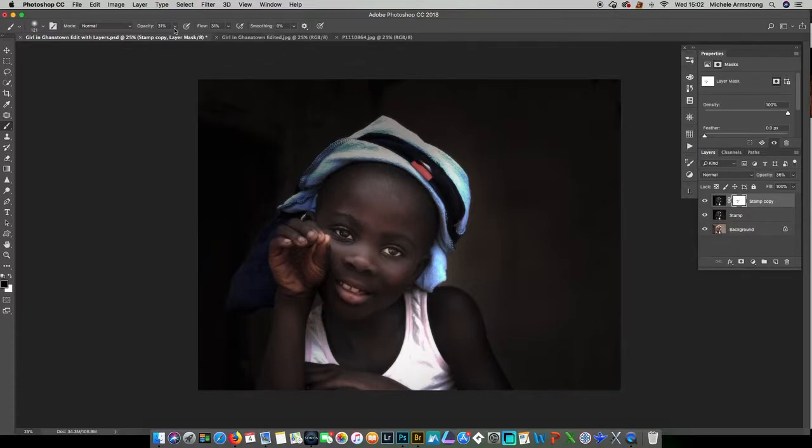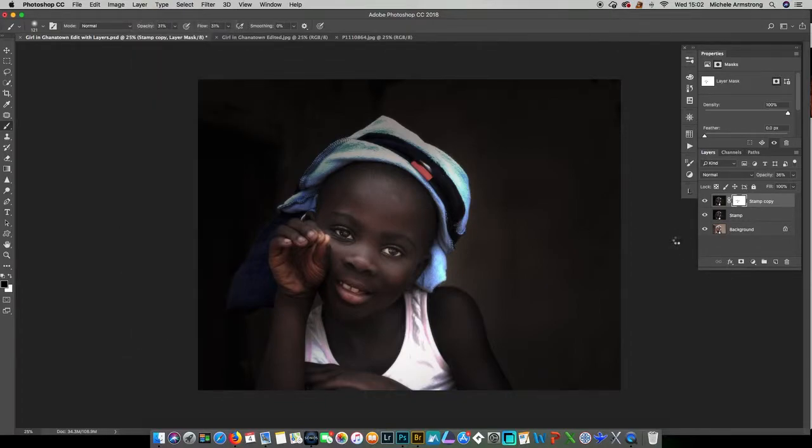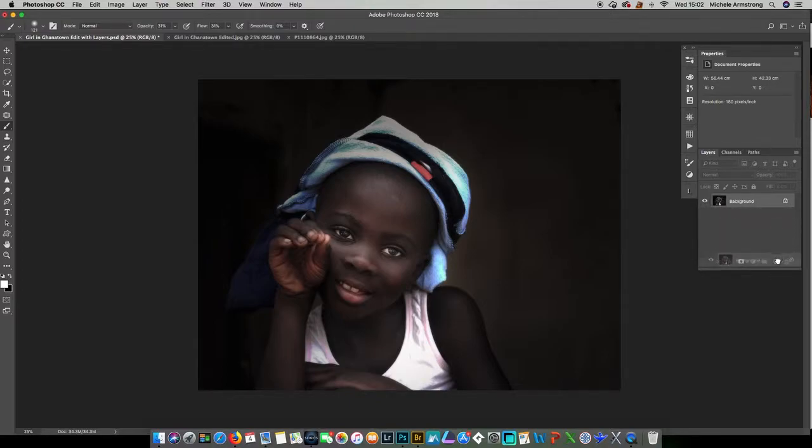Now at that point, I'm actually going to flatten it because the next thing I want to do is going to again affect part of the image. So I'm going to accentuate basically what I've just done. I'm going to make a new layer on top. So I've basically duplicated, that's what I did by dragging that layer down. Made a new layer on top, and I'm going to just this time